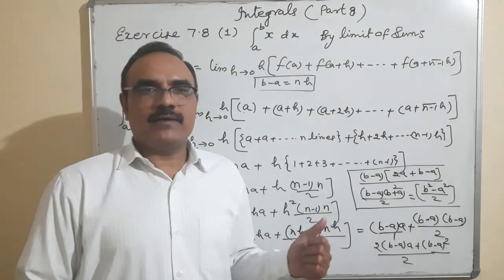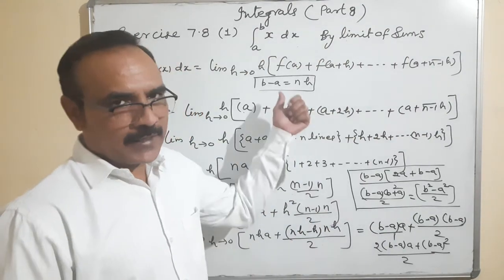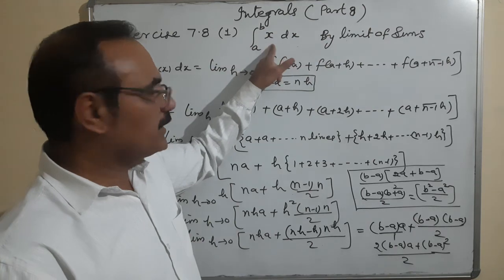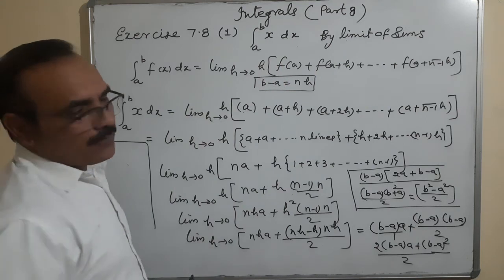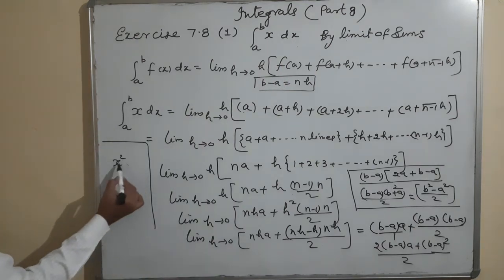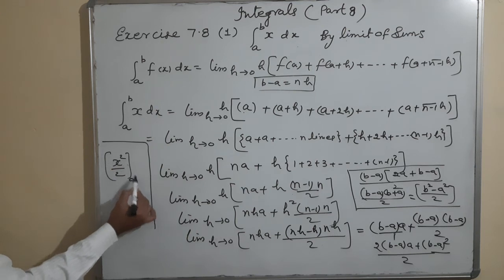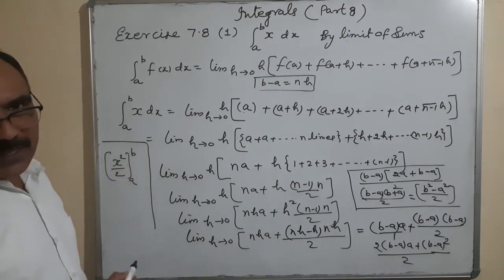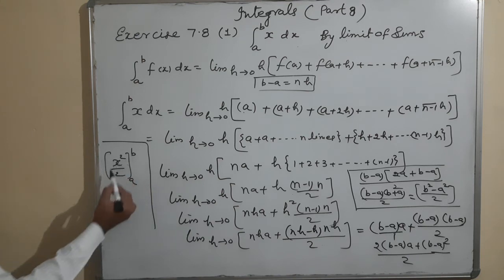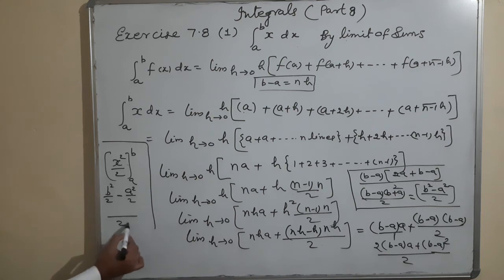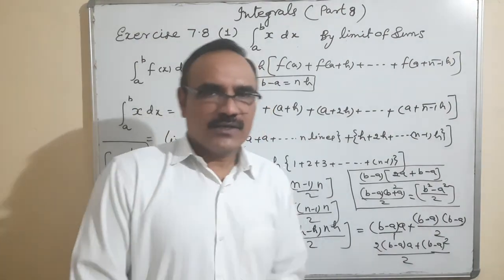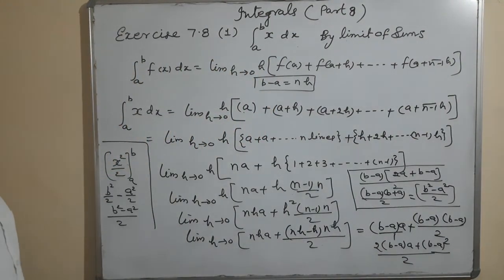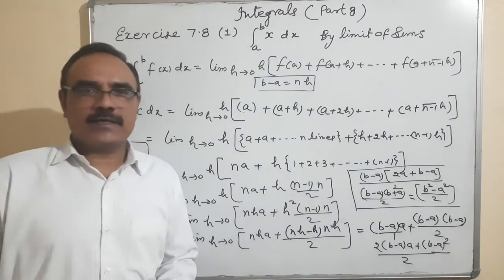This answer you can verify rather than seeing the answer from the answer sheet. How to verify? Simply you can integrate x here. What is the integration of x? x square upon 2, lower limit, upper limit. In place of x, first you put upper limit minus, in place of x, lower limit. So what is coming? b square upon 2 minus a square upon 2. LCM 2, it is b square minus a square upon 2. Okay, so that is the checking of whether you are correct or incorrect.